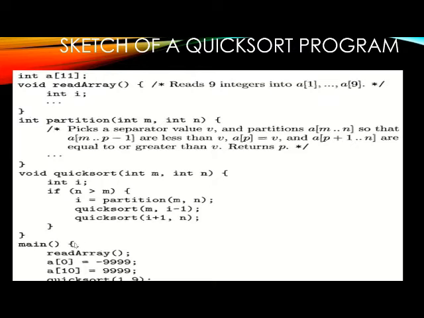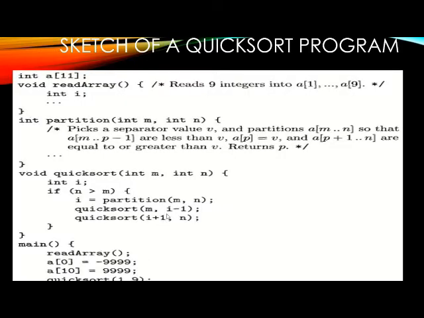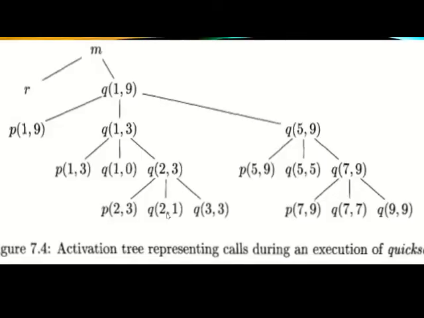By using these two functions, the quicksort function is treated as the P function and the partition function is treated as the Q function. Now we observe how these two functions handle different situations in this program. This is the process of partitioning those 9 elements to perform the quicksort. First we pass the 1 comma 9 values. The main function is treated as P, that means the quicksort function of 1 comma 9. It invokes the sub function, the partition function of 1 comma 9.